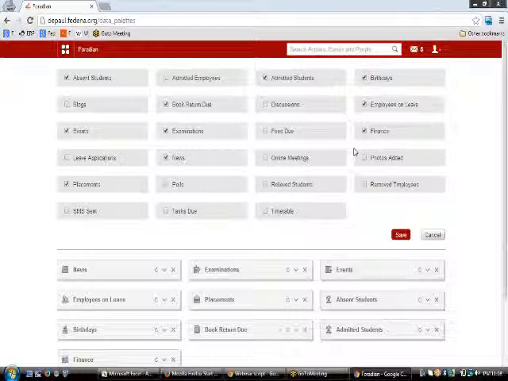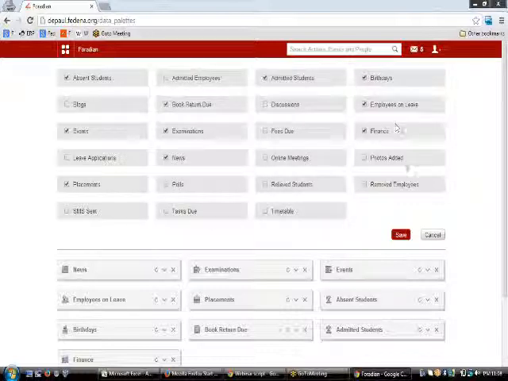So it's a kind of consolidated data that you will be getting for all of the items that you choose here. May it be the absent students, so you'll be able to get the absent students for the day, or the admitted students, so you'll get all the admitted students for a day, and you can even scroll around the particular dates to see the results.